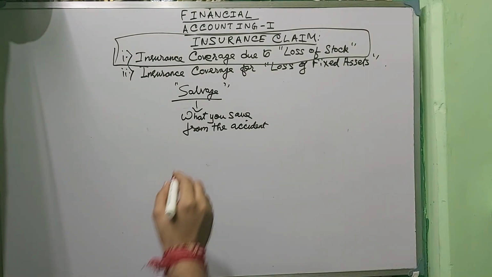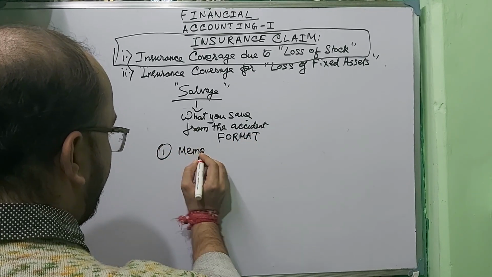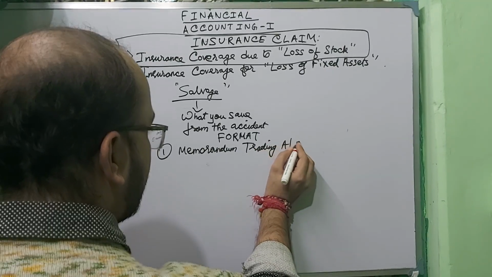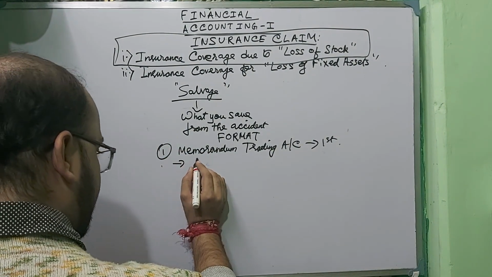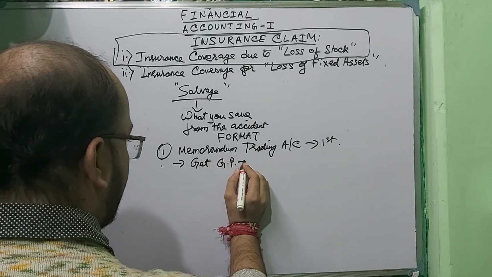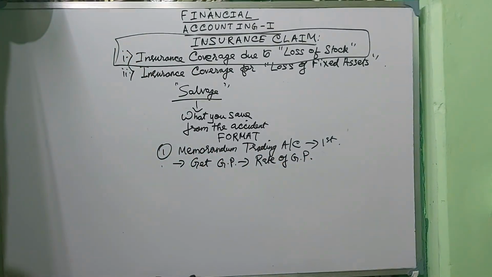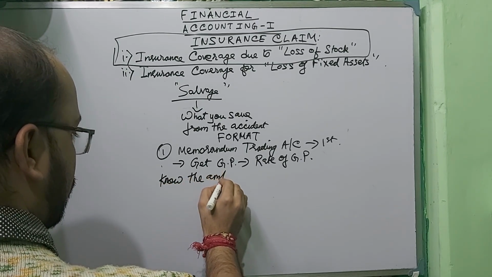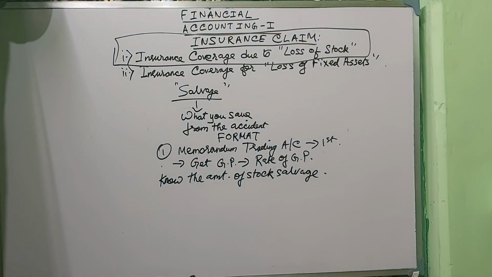So basically, first of all, I will provide you a format. You need to calculate the memorandum trading account first. After calculating the memorandum trading account, from there you will get the gross profit or GP. From GP you need to calculate the rate of GP. After doing so, suppose you know the amount of stock salvage. If you know the amount of stock salvage, then in that case you need to calculate another statement, which is the statement showing stock